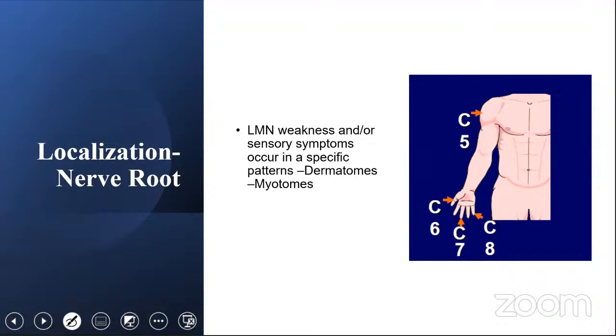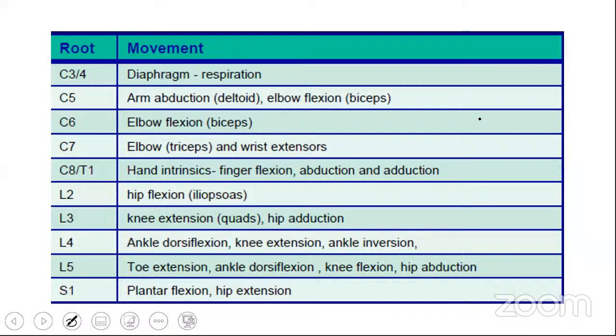So you see here the C5 dermatome, C6, C7, C8 dermatome. You remember this, and what are the roots and the movements? C3, C4 are important for diaphragmatic movement. C5 is arm abduction, deltoid, and elbow flexion, biceps muscle. And C6, elbow flexion is also biceps. C7 is elbow extension, triceps, and wrist extensors is C7. C8 is hand intrinsic muscles, finger flexion,